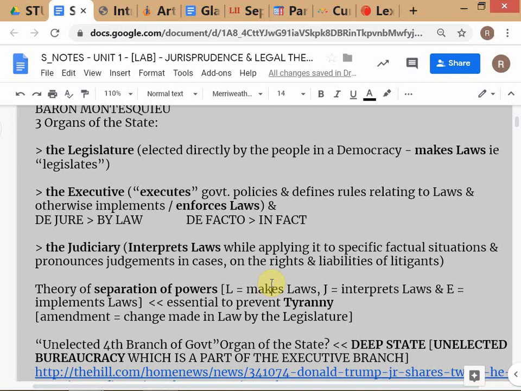J&K is tyranny in what sense? Like all the things that happen there, like closing down of internet services and all these. Yeah, so that's a subjective assessment. See, tyranny is a subjective assessment. Perception. People who agree with those policies will say it's not tyranny, and those who don't agree with the policies will say it is tyranny. Again, remember, it's a subjective assessment.